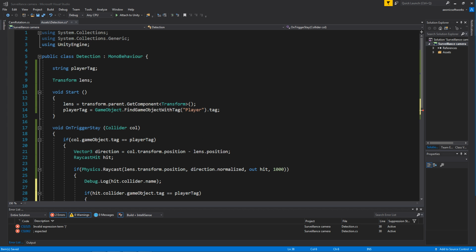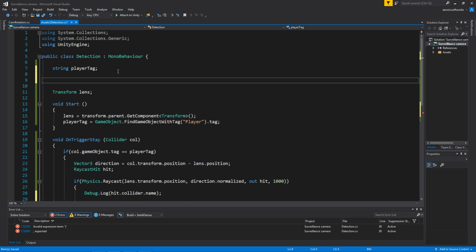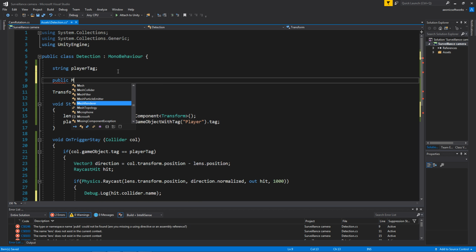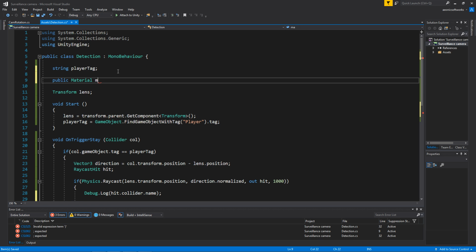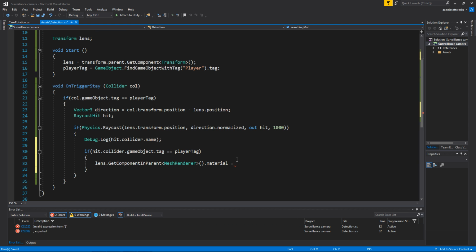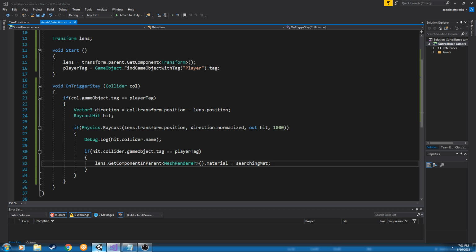So I'm just going to quickly head up to the top, and I'm going to create a public material, and I'm going to create two of them, so we can have searchingMat, and we will have our spottedMat. So with them, I'm going to quickly assign the searchingMat down here to the material of the lens if we do in fact hit the player tag. I'm going to save that out and head back into Unity